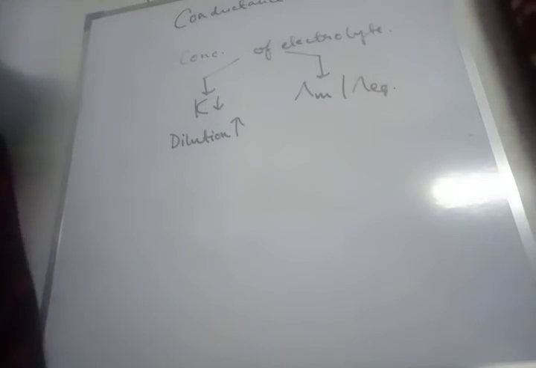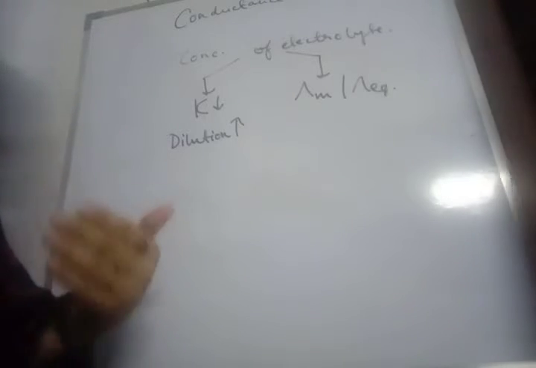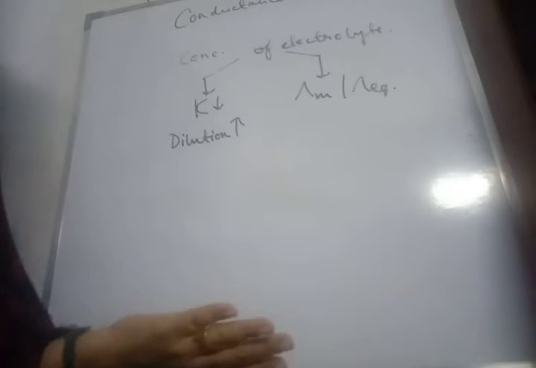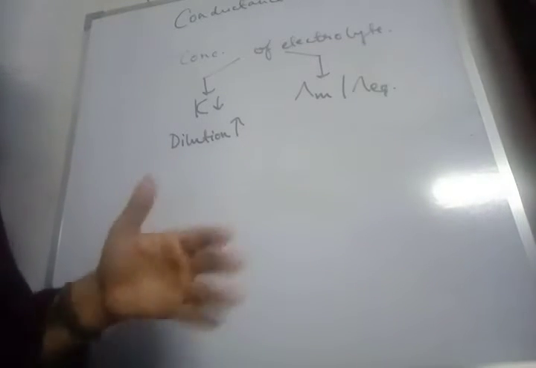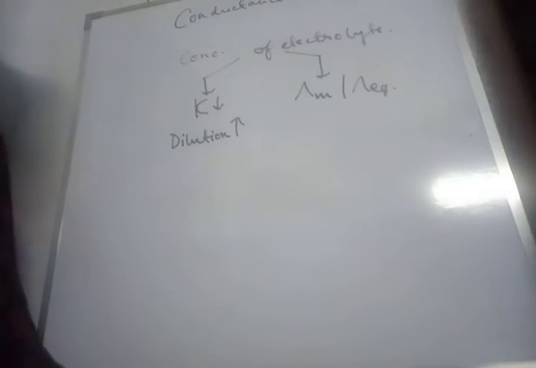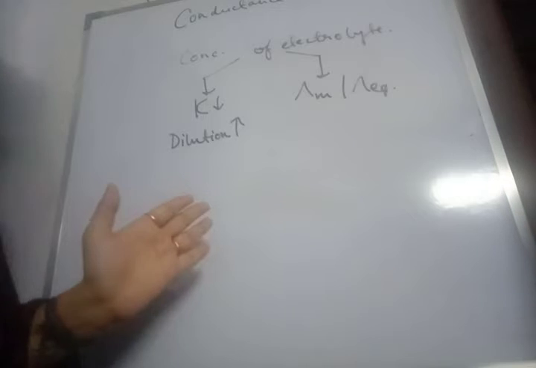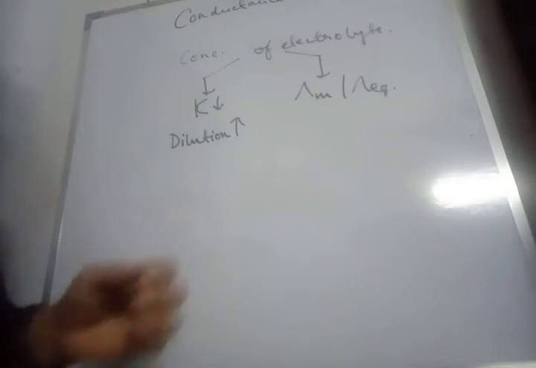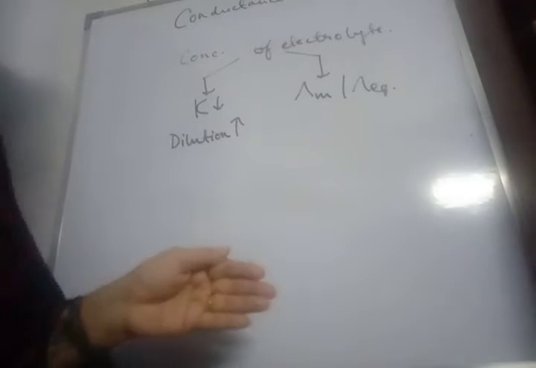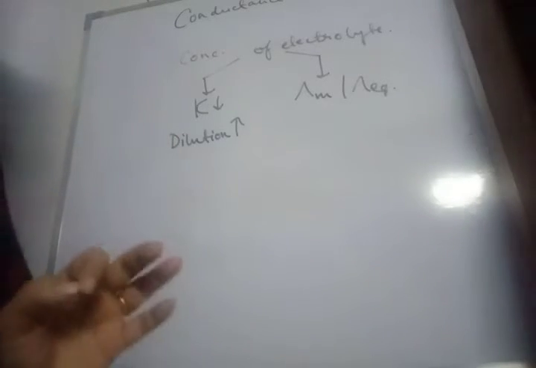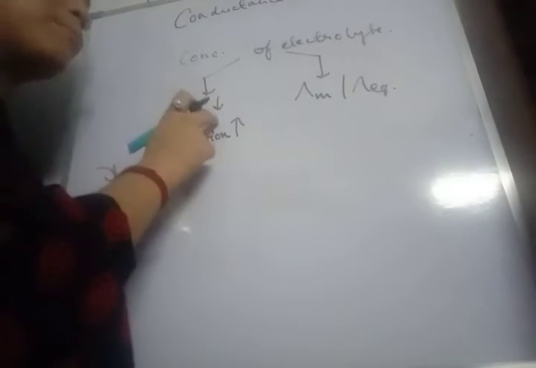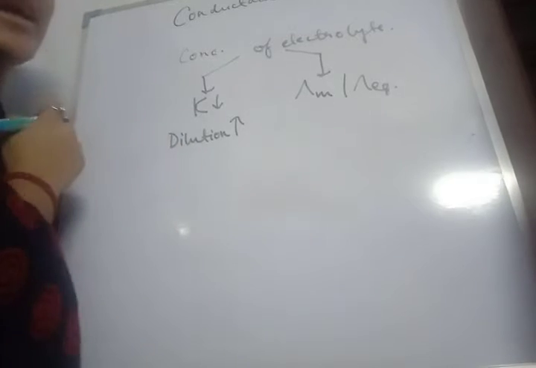Next, we have the weak electrolytes. In case of weak electrolytes, the dissociation will be increasing with dilution. If I am adding more and more water, the weak electrolyte will undergo more dissociation. So the number of ions will be increasing. At the same time, volume is also increasing. In case of weak electrolyte, the increase in the volume of the solution will be much more than the increase in the number of ions on dilution. So in this case also, the number of ions per unit volume will be decreasing. As a result, kappa will be decreasing, with increase in dilution.